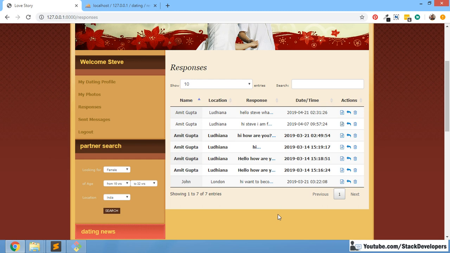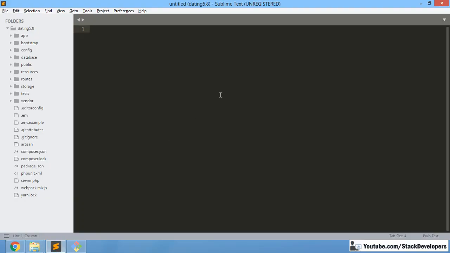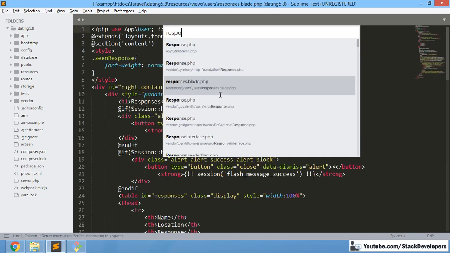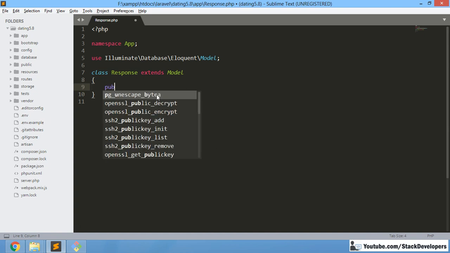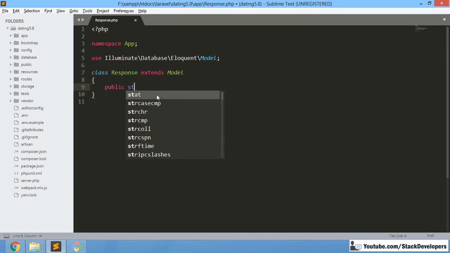So in this video we are going to do these few things. Let's start. First of all, I am going to make a new responses count function in the response model. So let's open the response model. I have opened it. In the response model, I will make a public static